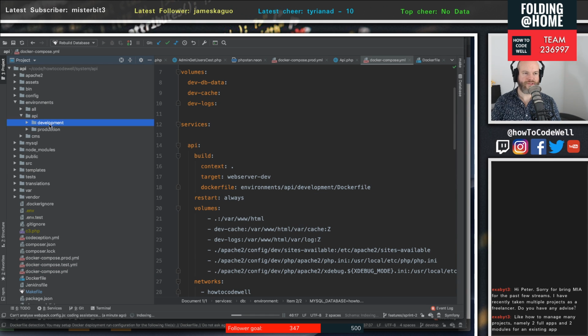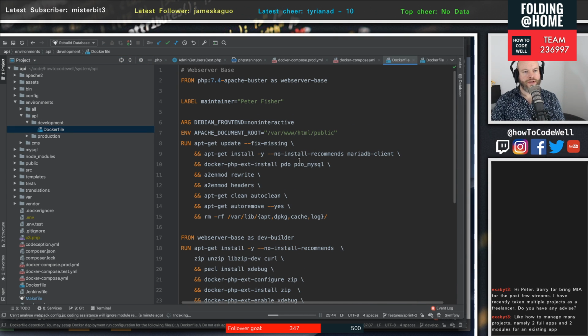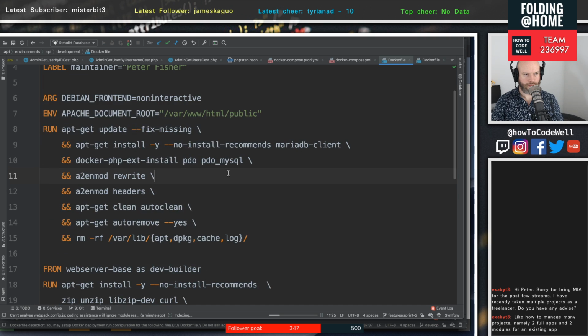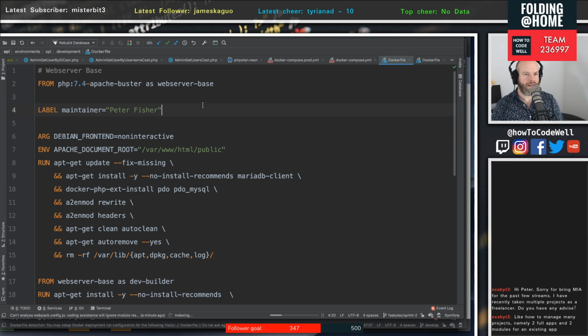So we now have development and production. If I click on development, okay, so we're using multi-stage builds here. Let me just make this a bit bigger so you can see it. There we go. So, all right, we're running off of PHP 7.4, as I mentioned, Apache Buster, and we're running